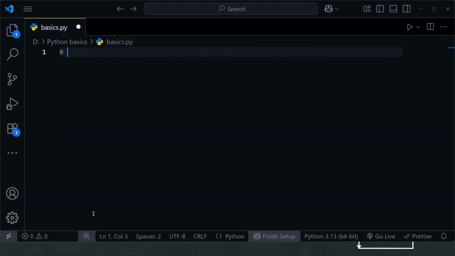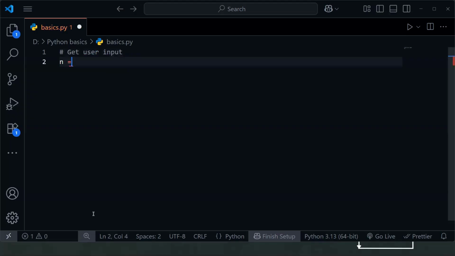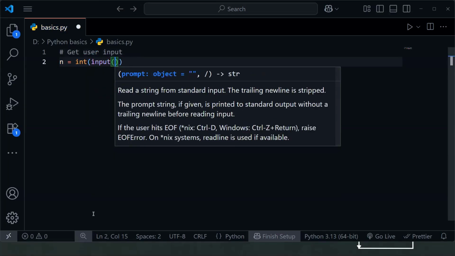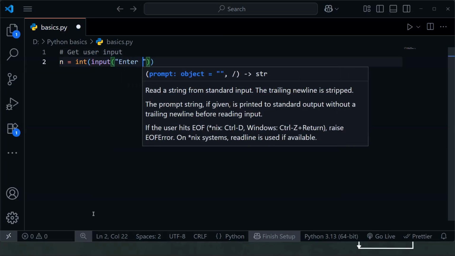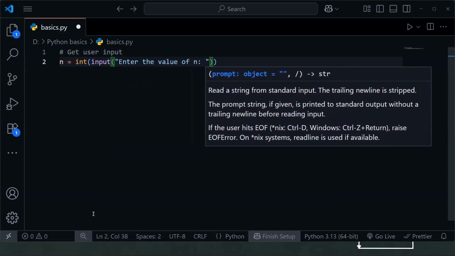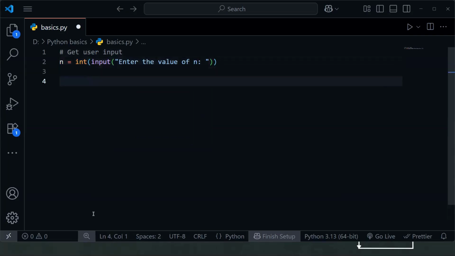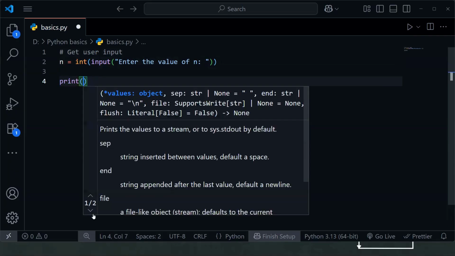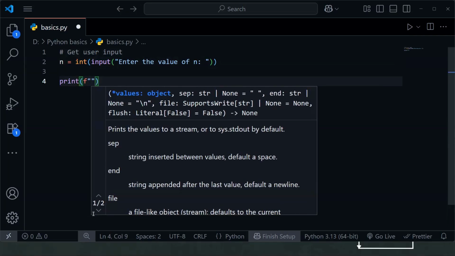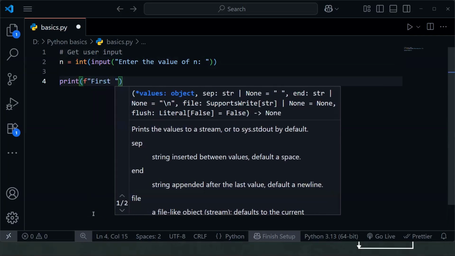Always get user input. Let's call it n, and we need this as an integer this time. Input: enter the value of n. Okay, and then you will print. Let's use f-strings. First n